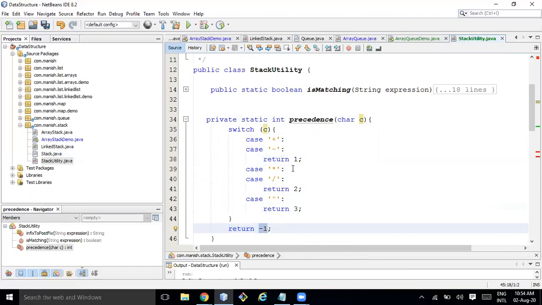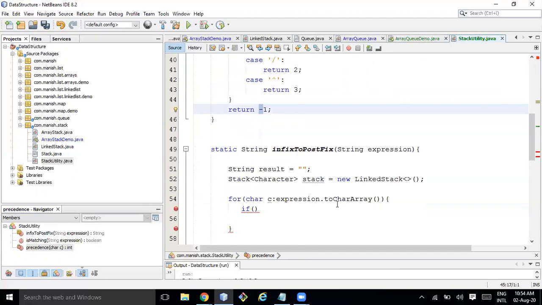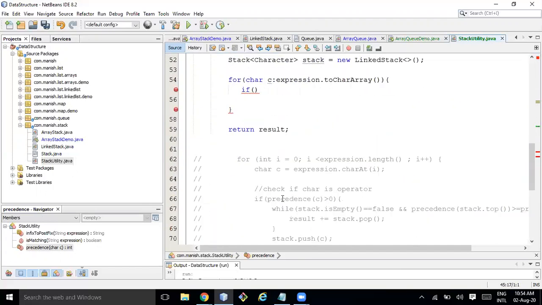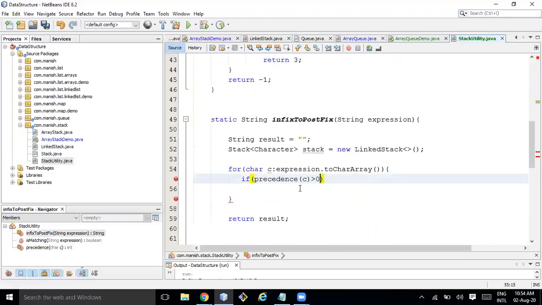I'm checking what the character is and what its precedence is. So 3 is the highest precedence, 1 is the lowest, and -1 means it is not in the list. If nothing matches, I return -1. Then I check if the precedence of c is greater than 0.